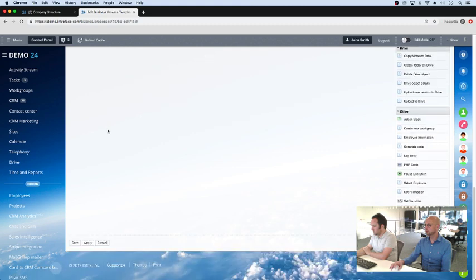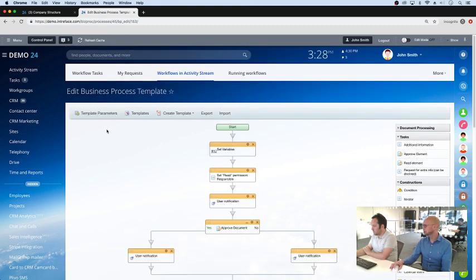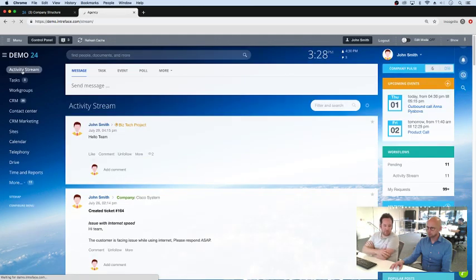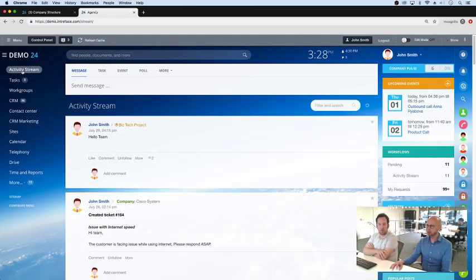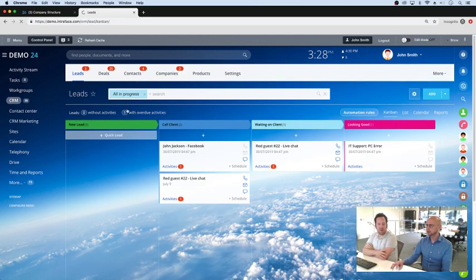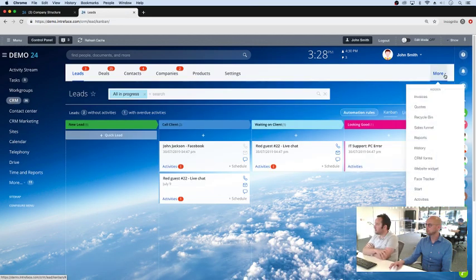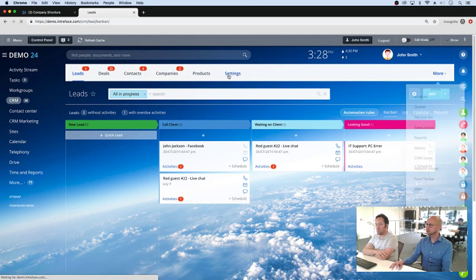And then the other one was, what was the other one, Andy? A business process. So business processes look the same, but they exist in documents, in the CRM, and on lists. Let's have a look in the CRM. I think sometimes the terminology can be a little bit confusing, can't it? Absolutely. If you go into settings on the CRM,